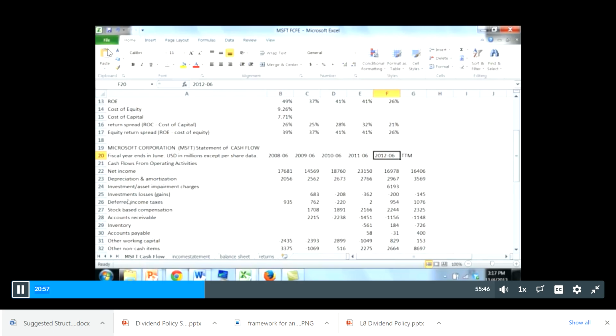So now, if you have your cash flow statement pasted in here, everything that we need for free cash flow to equity and for the cash paid out to stockholders in dividends and repurchases is on the cash flow statement. Then we're going to need our income statement and our balance sheet and some stock returns for some of the other things that we're going to look at, but we'll deal with those later. If you've pulled up your stuff from Mergent Online, you might as well paste these in. And you might pause here at this point to make sure you get your cash flow statement and your balance sheet in place.